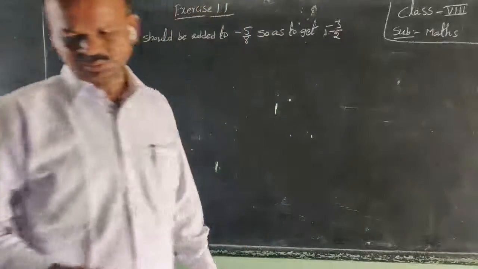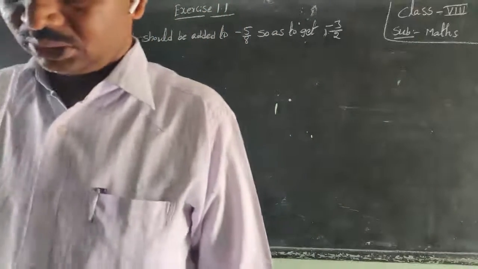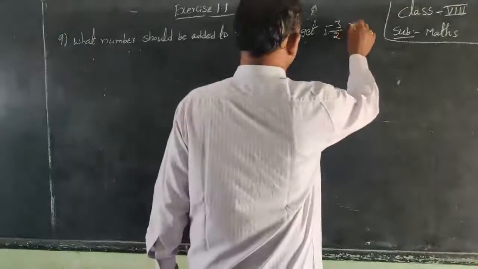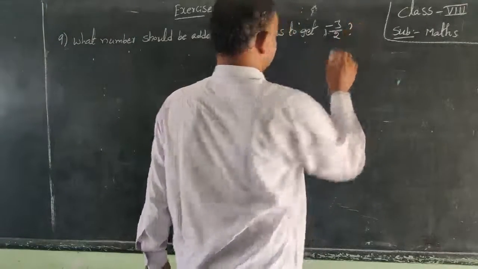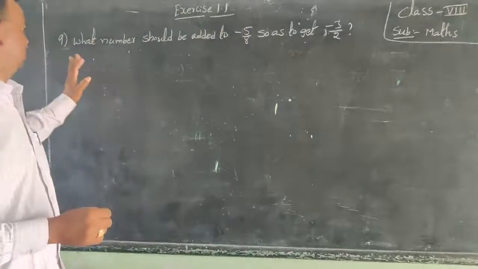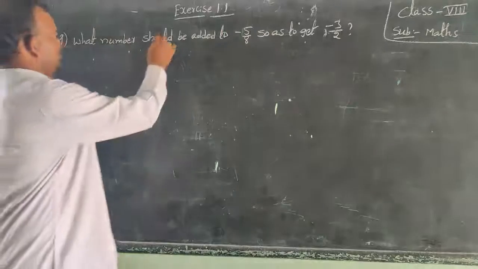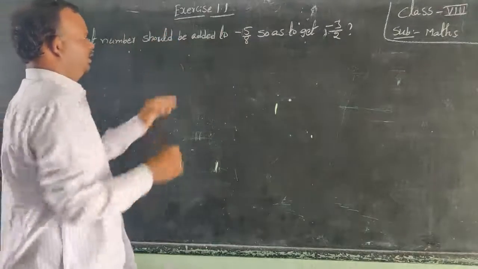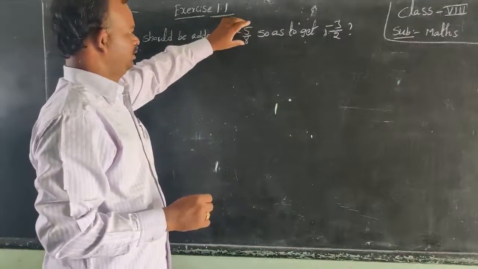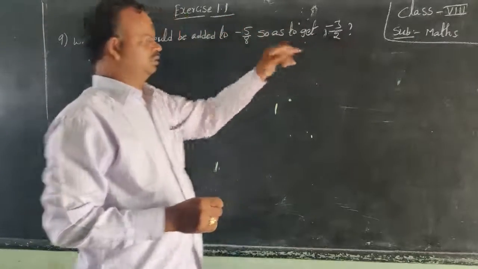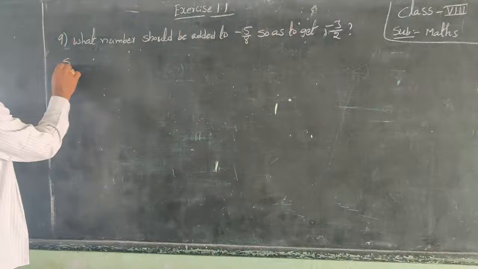See that? What number should be added to minus 5 by 8? Which number is added to this number so that we get this number? Solution is